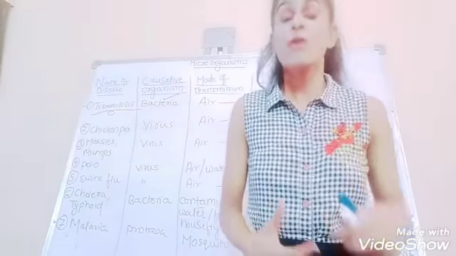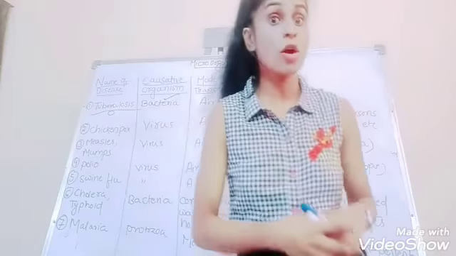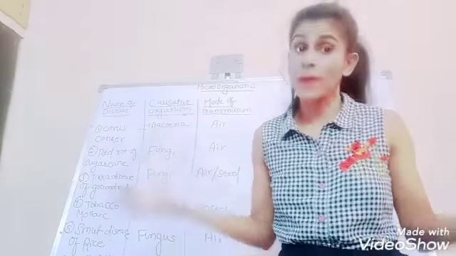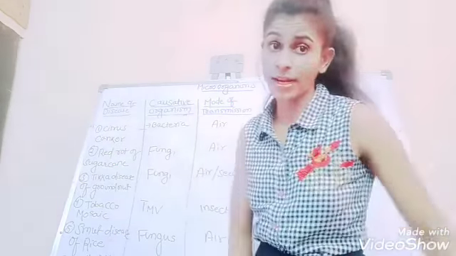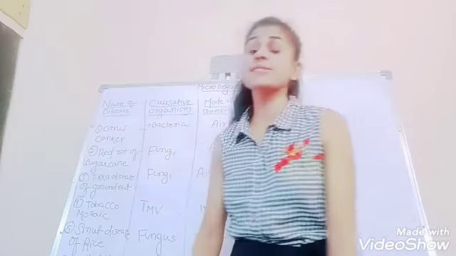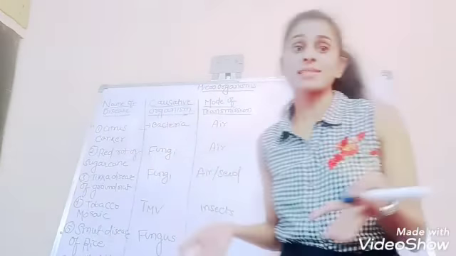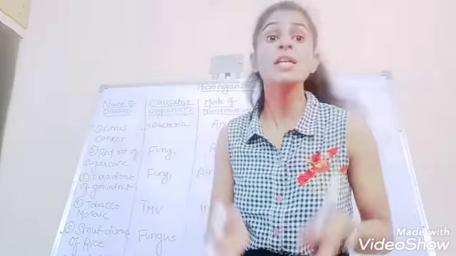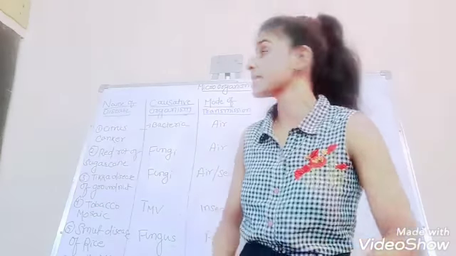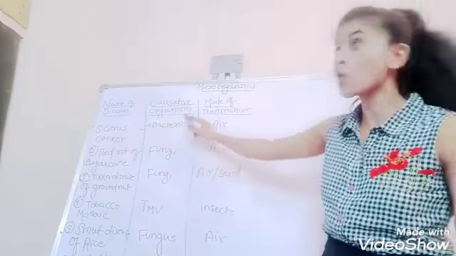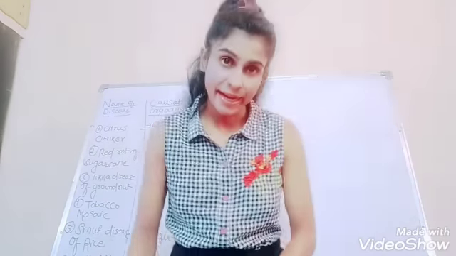Now let's see the various diseases caused in plants by various microorganisms. Guys, now let's see the various diseases caused in various plants. The first disease is citrus canker, which of course is caused in citrus plants like your lemon and oranges, which are rich in citric acid. So citrus canker is caused in citrus plants, and who causes it? Bacteria, and the mode of transmission is by air.